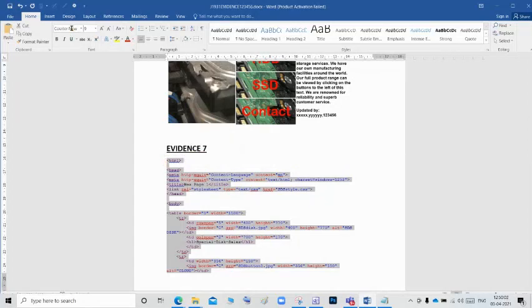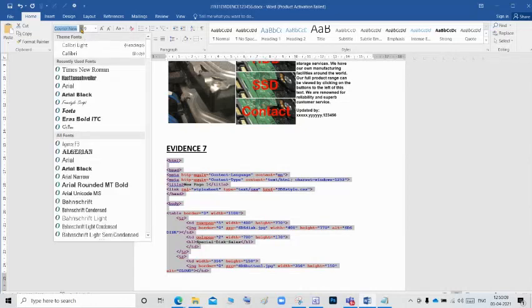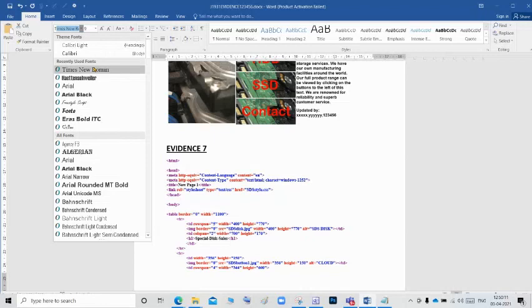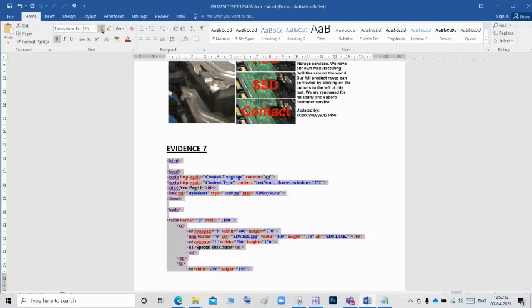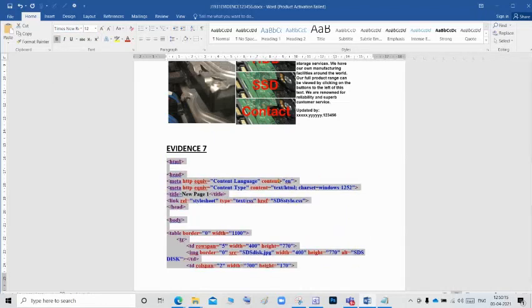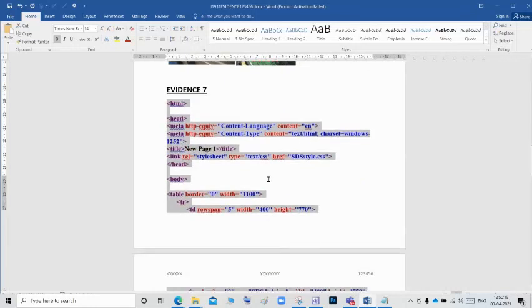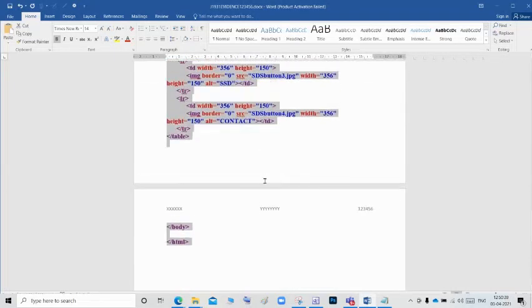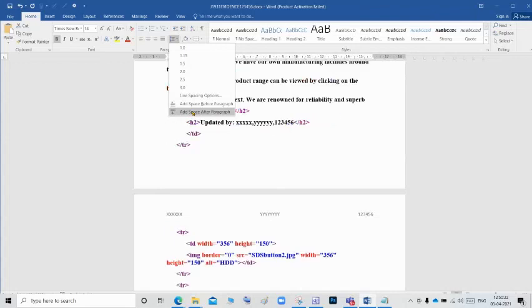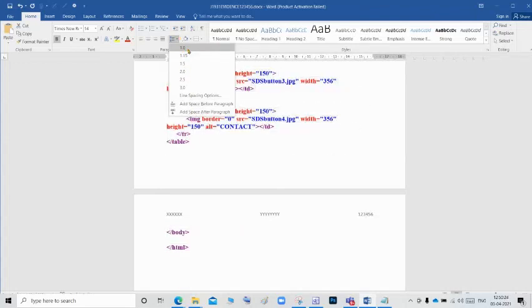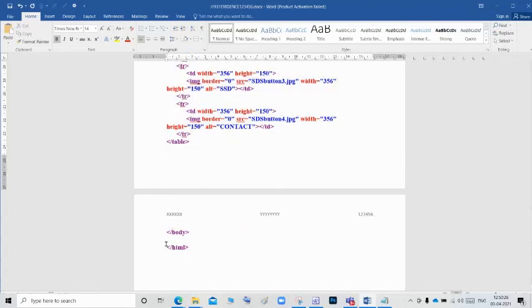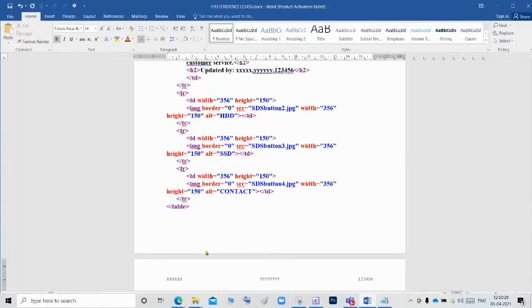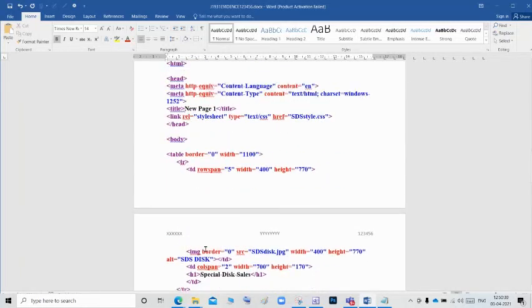I'm going to give bold, italic, Times New Roman. I'm going to increase the size up to 12 or 14. Some of the space will be there, so I will remove the space.